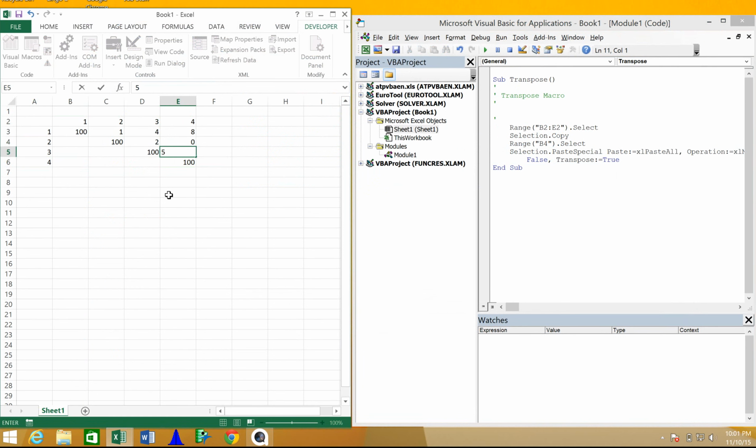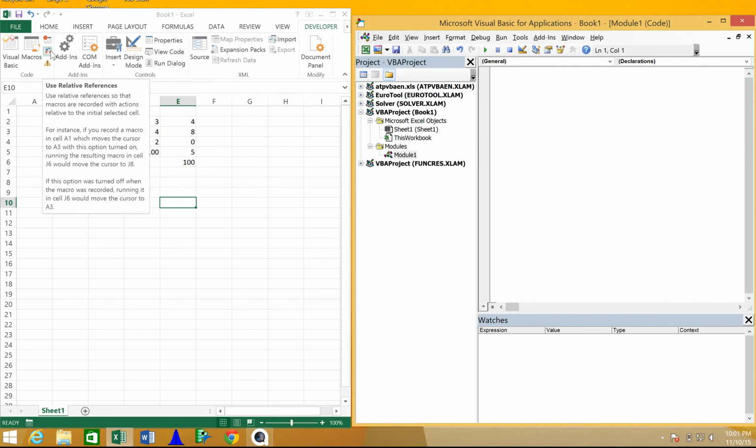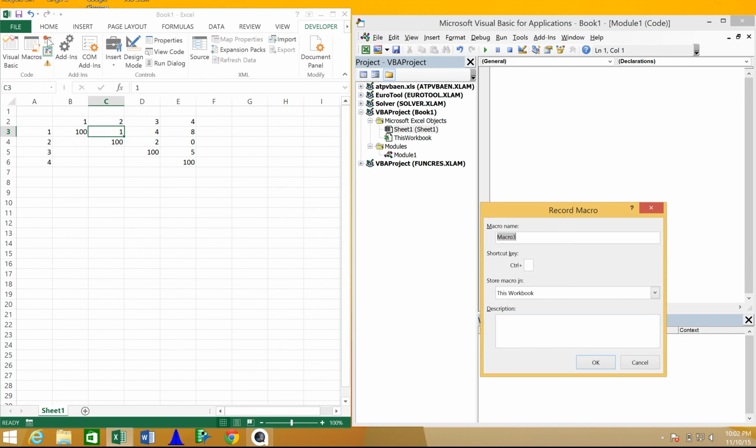You could do it line by line individually, or you could record, or you could turn on relative reference and then record a function. So the way this would go, you start where you want to start recording the function. You record it, name it transpose,